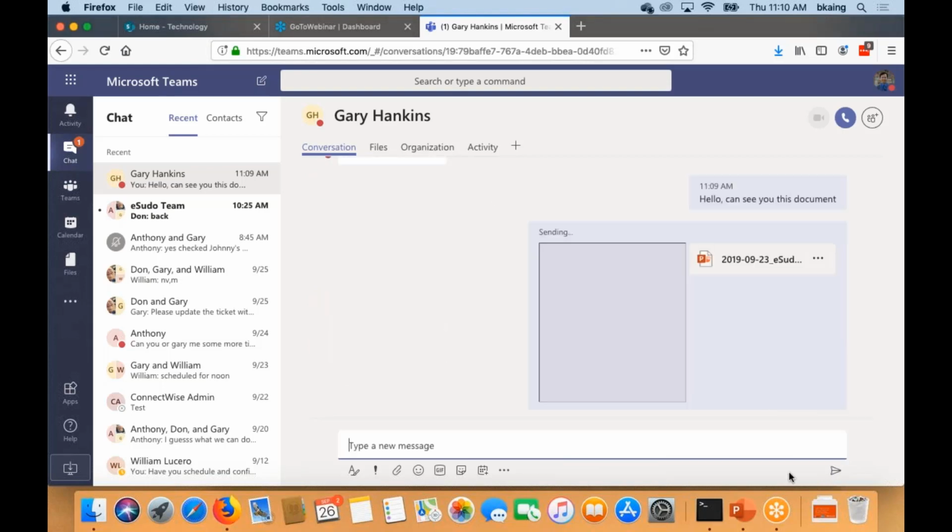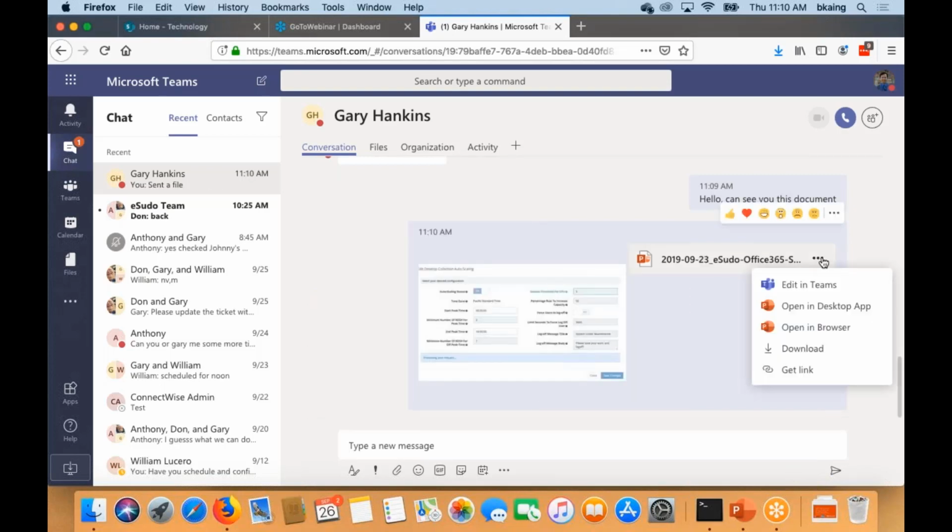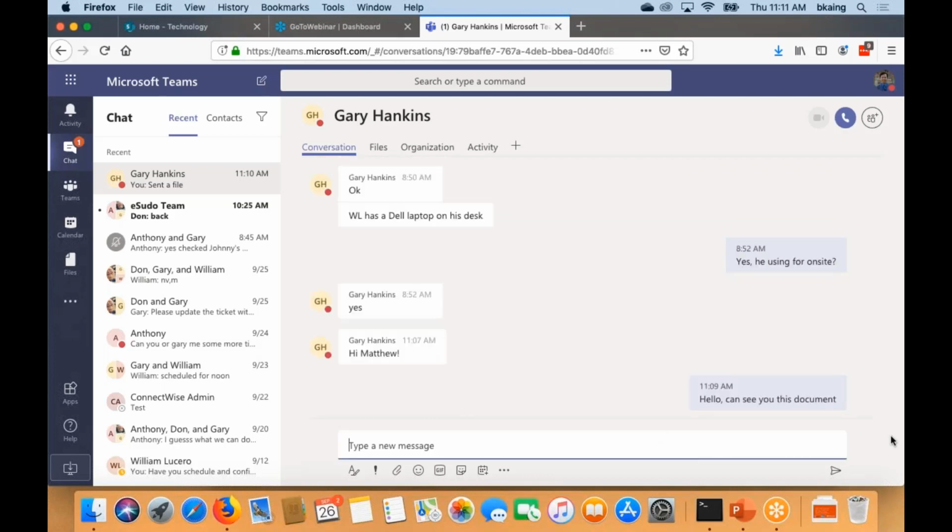Oh, sorry, didn't send it yet. So after I send it, you see how I can edit in Teams. I can open it, and we can work on it, and then he can see what's happening. So after I upload, I have to send the file, otherwise it's only on my PC. So you click on this to send it.